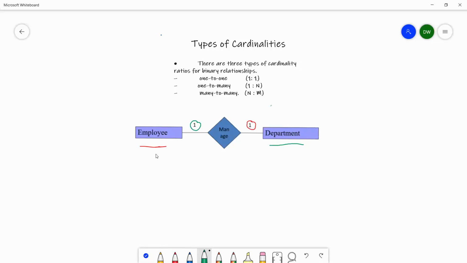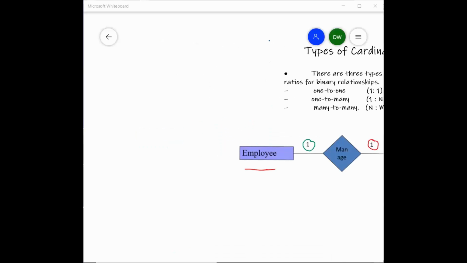So that's the meaning of this. So always remember, when you look at this side, the number is marked on the other side, right? That means one employee will work for one department, and one department will have only one employee. So that's the meaning of this. So here we have a one-to-one relationship. And the other relationship we have is